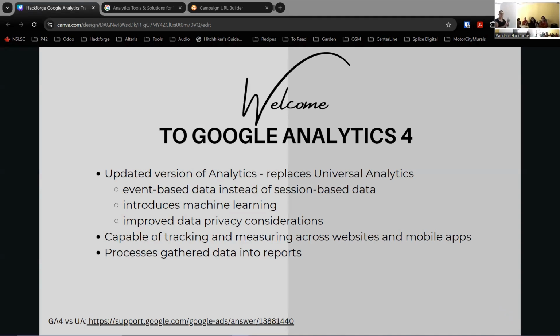Number one is the event-based data versus the session-based data. We'll talk a little bit more about exactly what that means as we get into the topic, but basically keep in mind that there is a new data model. So any of your old data from your Universal account, at this point, if you haven't brought it forward, it is gone. That's just the way it is. But if you transferred your account a year or so ago when it was required, some of your information would have come forward,